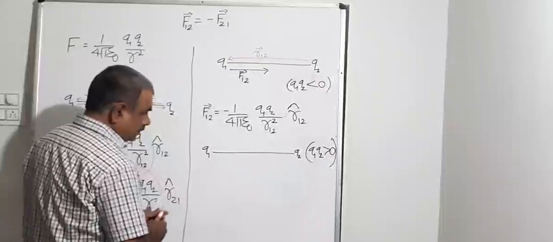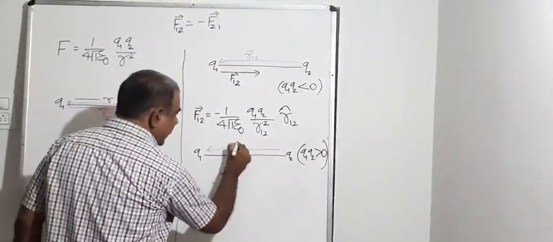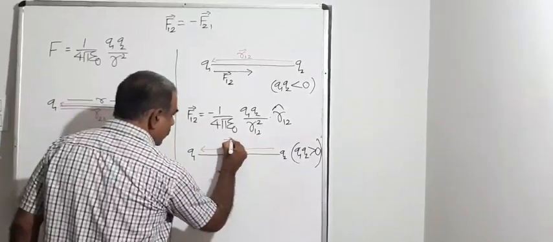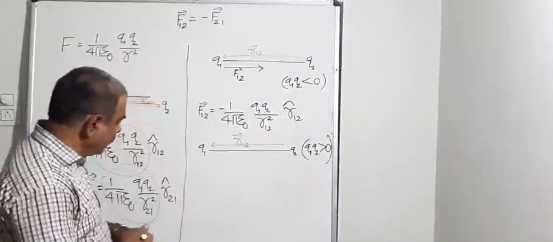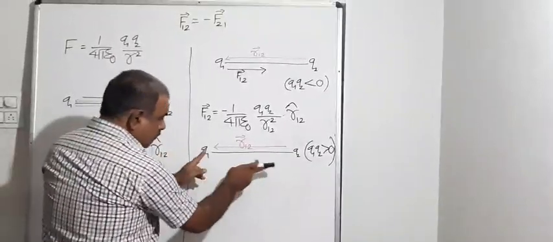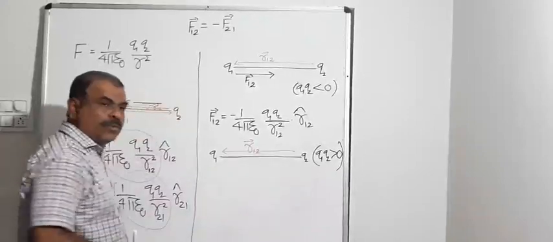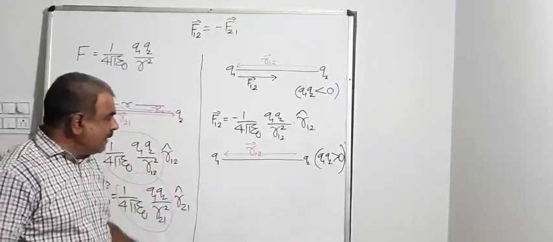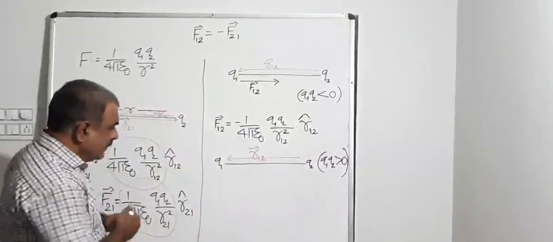Now, first of all, this is R12, the position vector of charge 1 with respect to charge 2. Here both are alike, which means both repel each other. So Q1 is repelled by Q2. Now think, if Q1 is repelled by Q2, then in which direction will it move? Yes, it will be towards this. That's why